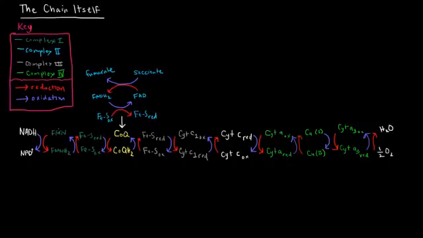So NADH is giving up its protons and its electrons to FMN. FMN, you'll notice, becomes this FMNH2. The fact that it picked up those H's means that it was reduced. So now it's carrying those electrons and those protons. Now it is going to be oxidized back into FMN, and when it is,